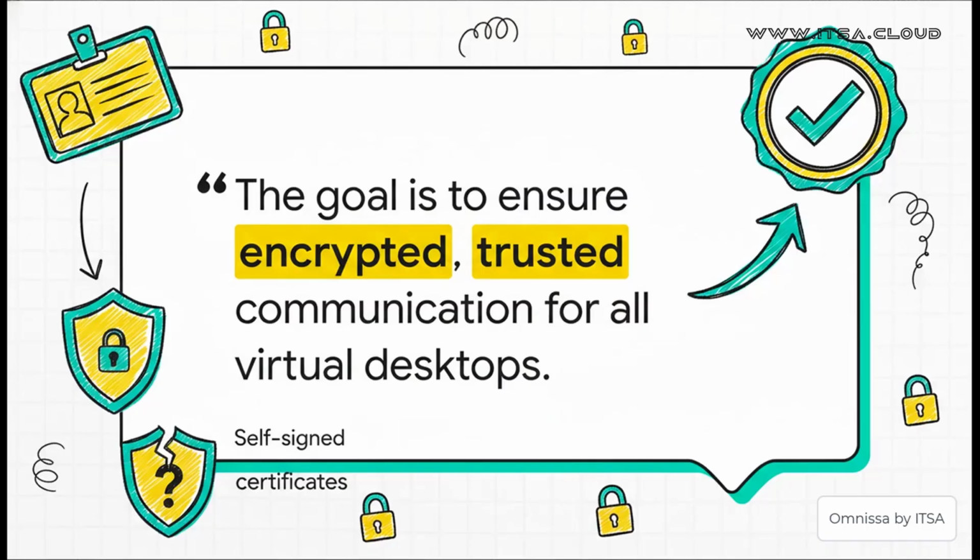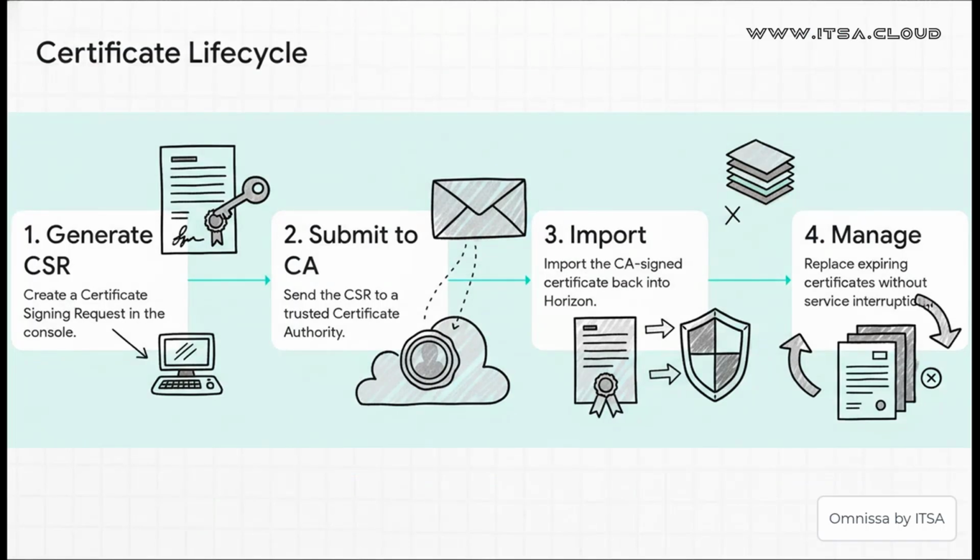Remember that homemade ID badge we talked about? An SSL certificate is just the digital version of that. The problem with the default one is that the server basically made its own badge. Our goal is to replace it with an official one that's been issued and verified by a trusted global authority, what we call a certificate authority or a CA. And the tool makes this process so incredibly straightforward. It breaks it down into 4 simple steps.